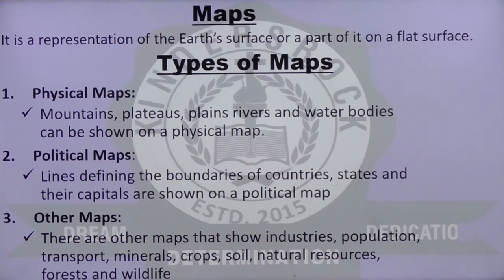They can be customized in order for us to show just the industries or just the population of the country or the earth. They can also show just the road transport, the rail transport, or basically where the minerals are found. So these kinds of maps can be customized according to the need.